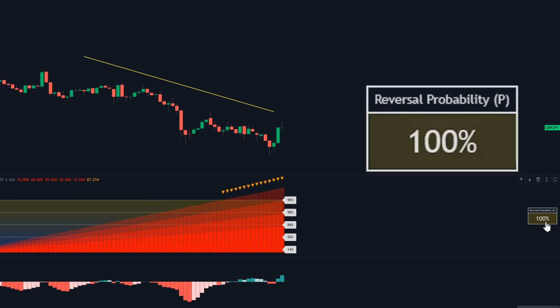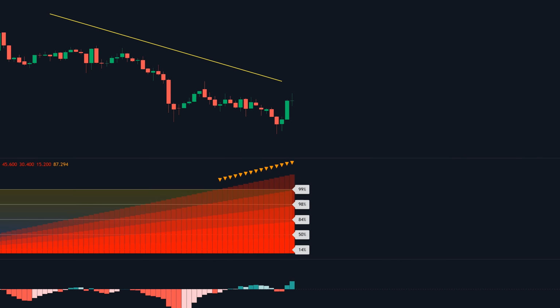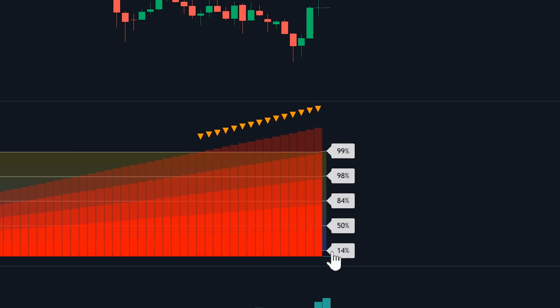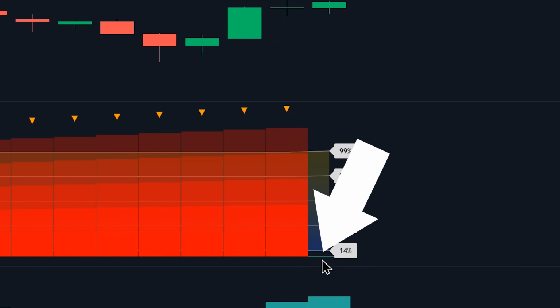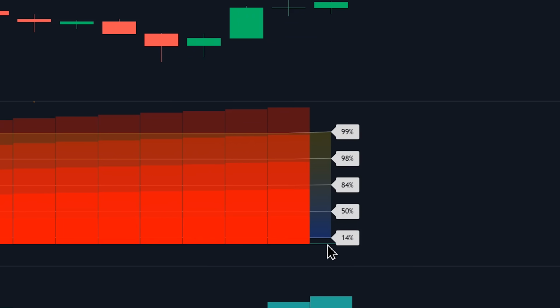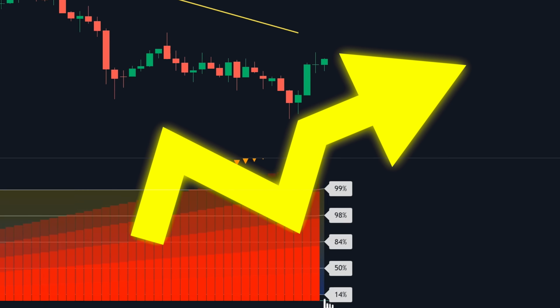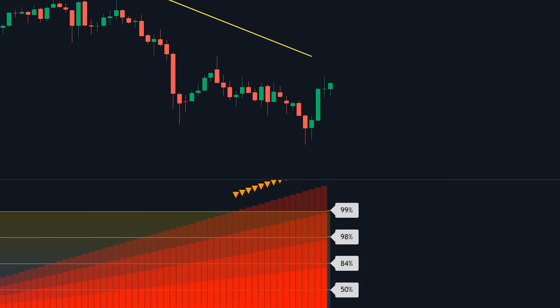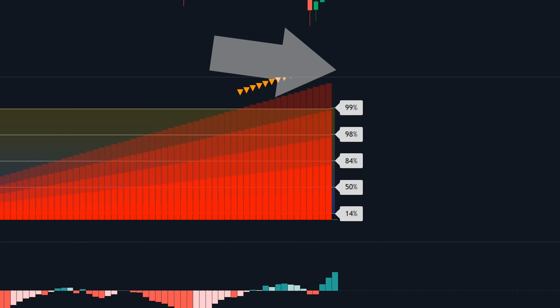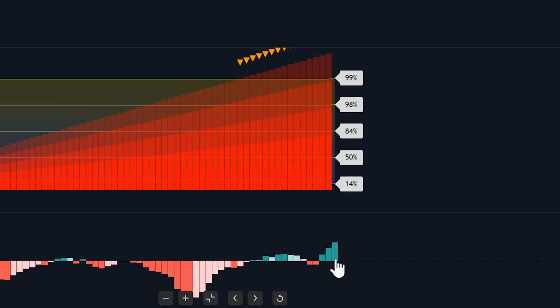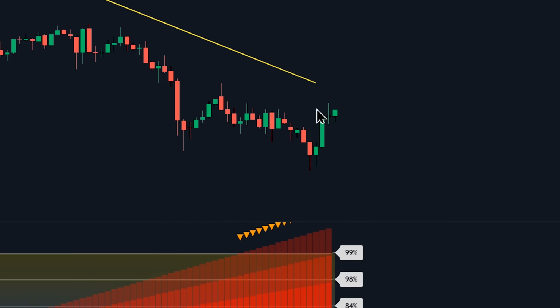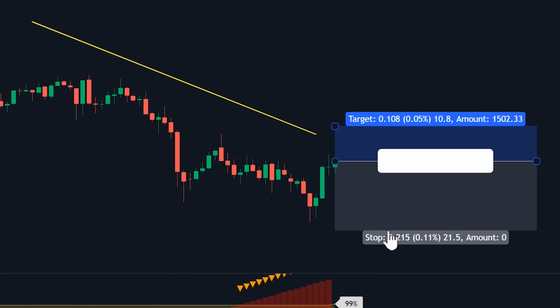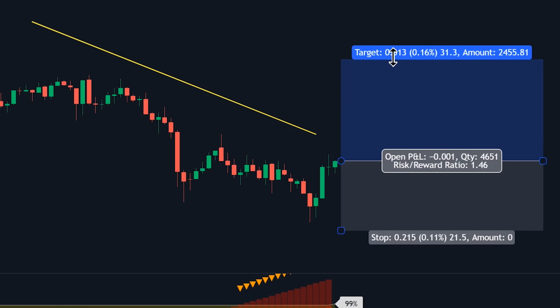That's why we need to wait for the histogram to shift to green and align it with a green candle on the chart. Right here, we have a green histogram bar on the trend reversal indicator, signaling a bullish momentum. Looking at the chart, you can see we have a green candle. Now, our last condition is to make sure that on this entry candle, the MACD histogram bar corresponding to it is also green to indicate strong enough bullish momentum. As you can see, it is. Take a long position, stop loss under the swing low, take profit at 1.5 times the risk, letting the trade run,